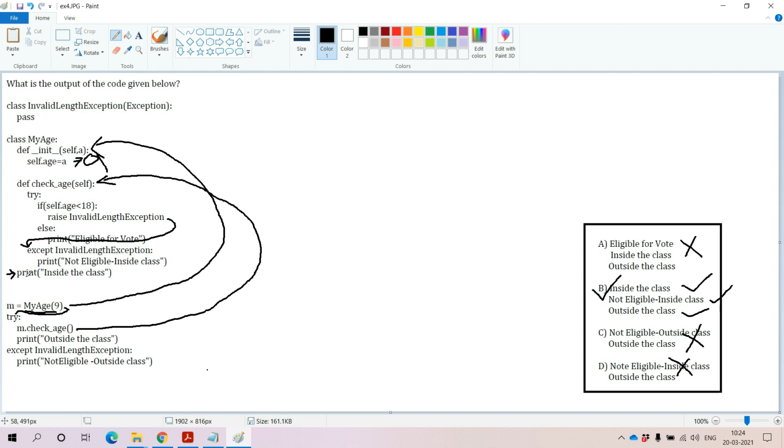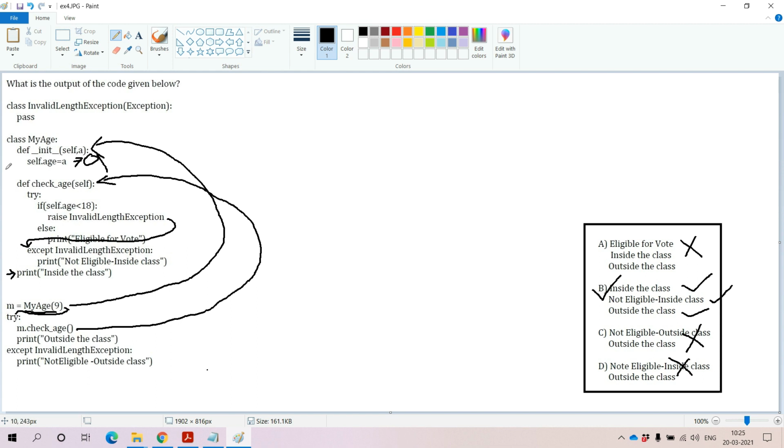Here the print message is not available inside check_age; it is available in the class level context. That is why, at the time of interpreting with the help of the Python interpreter from top to bottom, line by line, the first and foremost message that we get here is inside the class. If it were available within the method itself, then without invocation of that method, this message would not print. But it is outside of the method context.